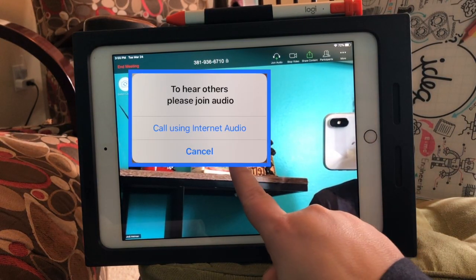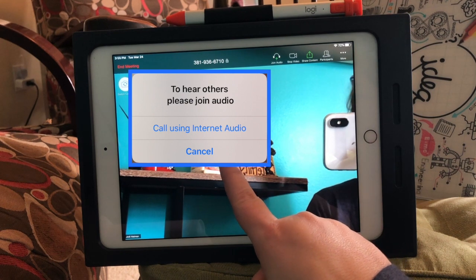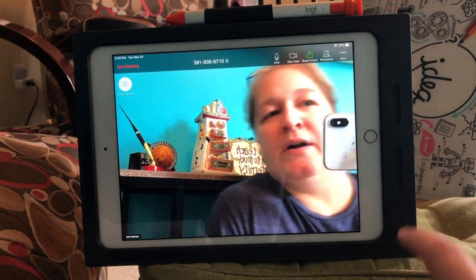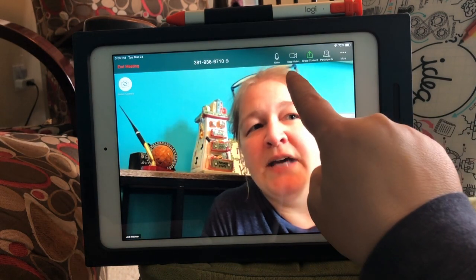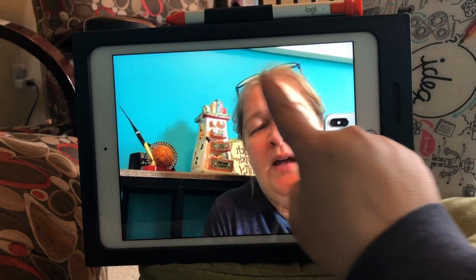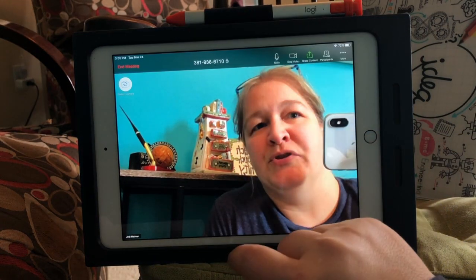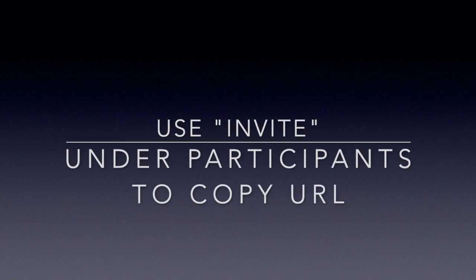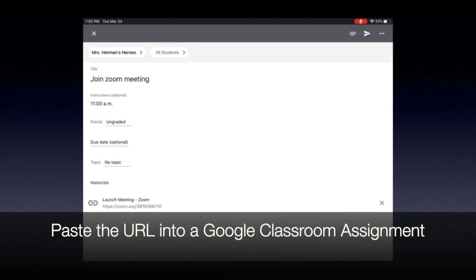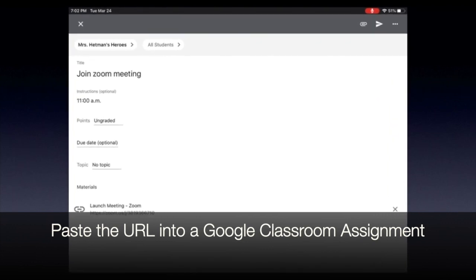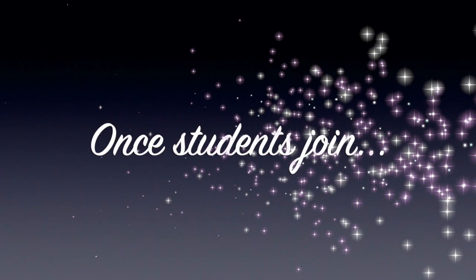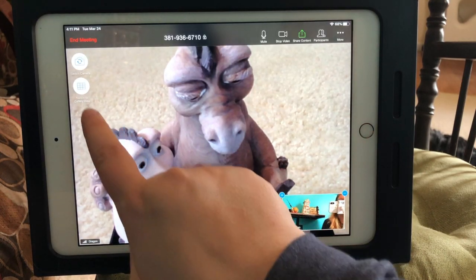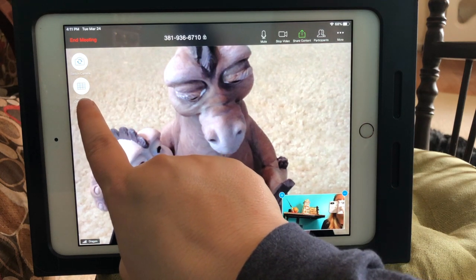And as it connects, it's going to ask you if you want to call using internet audio. Go ahead and tap on that. And now I want to go through some of the features here in Zoom. So at the top, you'll notice this bar goes away as you're not using it, but when you tap your screen, it comes back. One thing I like to do is tap my screen and go to gallery view over here on the side,